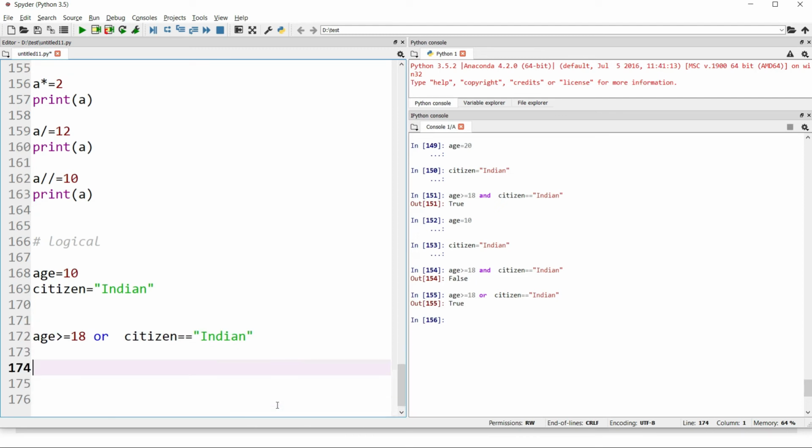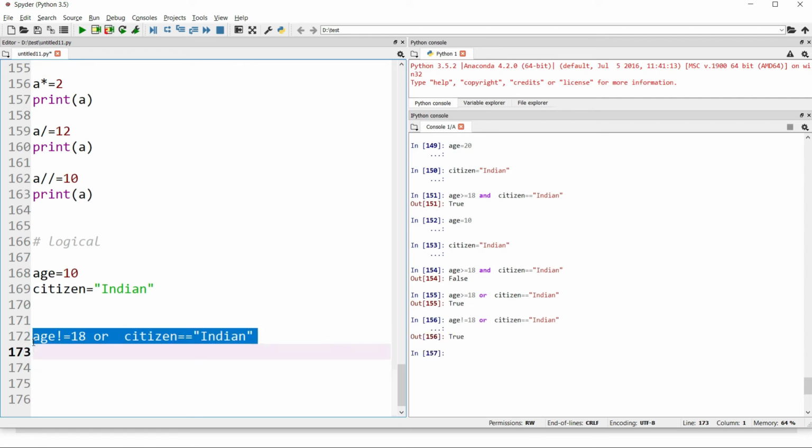Okay, and if I want to check if age is not equal to 18, simply, it says yes, it's not equal to 18, and citizenship is also true. Now let me put AND over here and wait. So age is not equal to 18 and he is a citizen of India. Yes, it's saying true because here I have used not equal to, but the right logic was that the age has to be greater than or equal to 18. Just to show you, I have just applied not equal to. Fine. So let's move on.